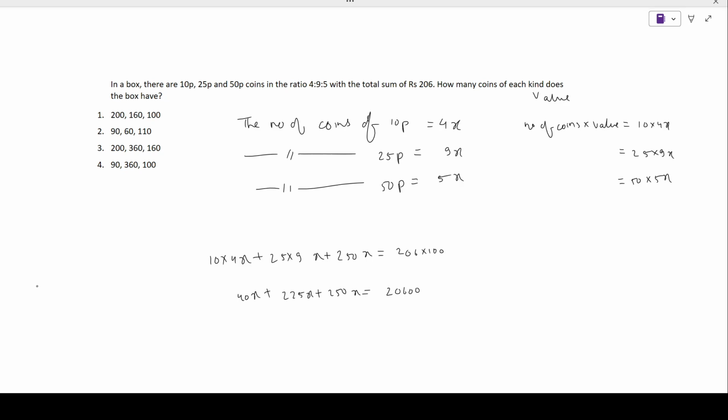Adding all this, we have 510x equals 20600. So x will be